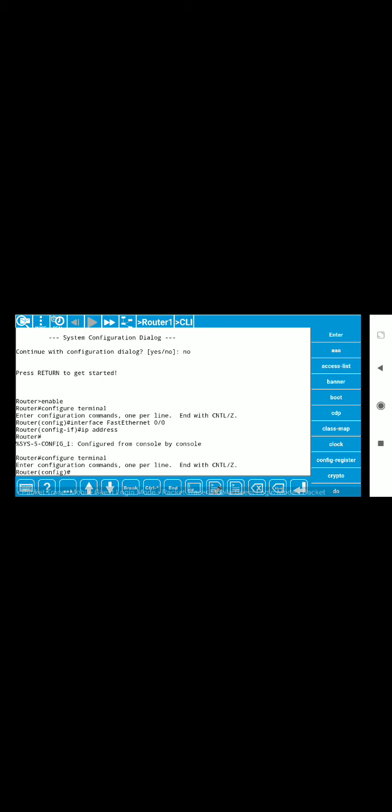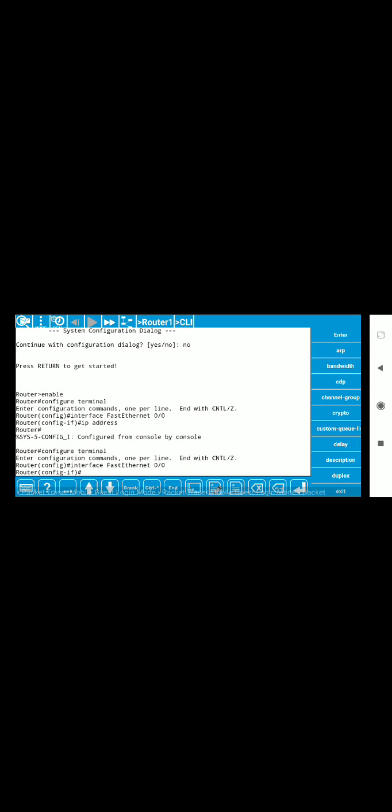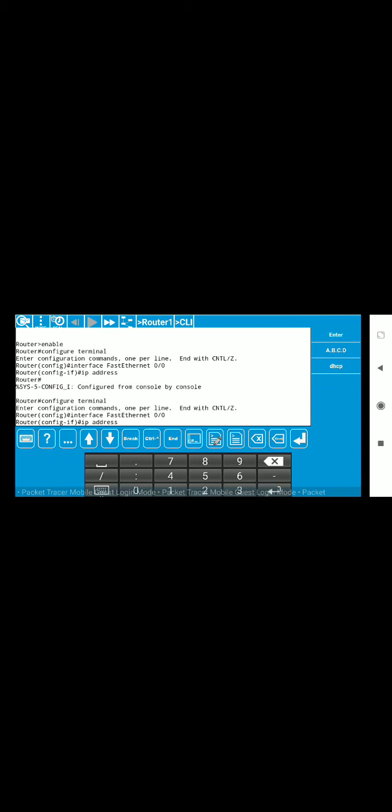Again we come back, so write again, tap on configure terminal, click on enter. Here two arrow buttons are shown, at the left end, up and down. The up arrow button will give you the previous command. So I have taken the previous command, fast Ethernet, and here we have to write the IP address in ABCD format, that is 100.0.0.2.